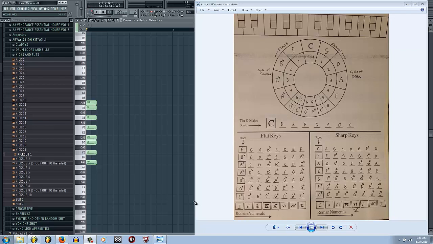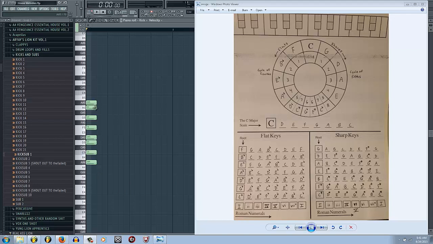And if you don't know how to read scale charts or don't know what's in key, I would recommend taking a look at this, maybe screenshotting it, writing it down, whatever it may be, because this chart really comes in handy if you're not super quick with music theory and don't know it in the back of your head. So I pasted all the notes that are in key with B flat right here in